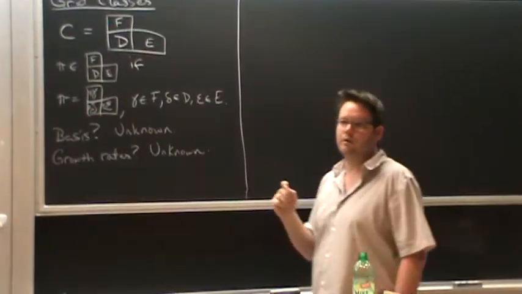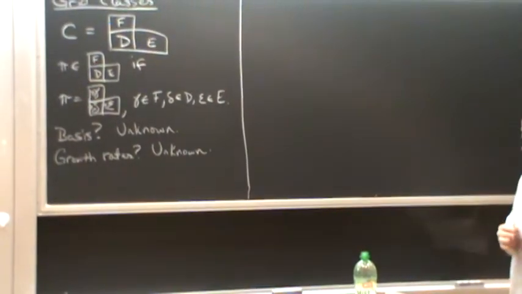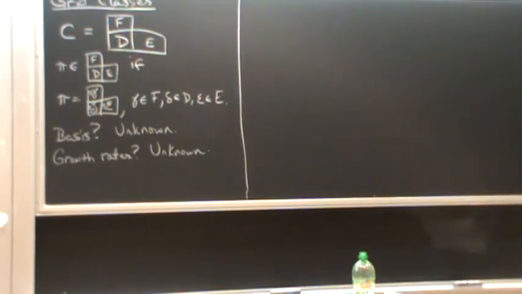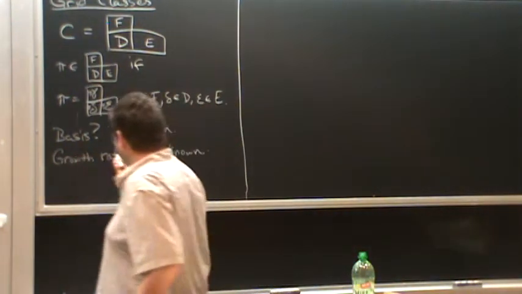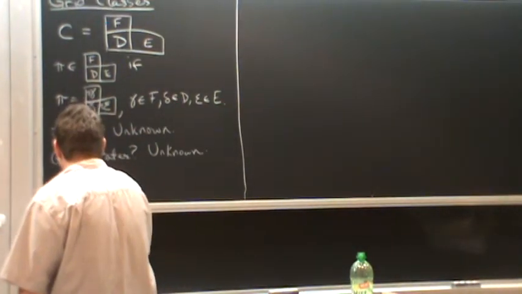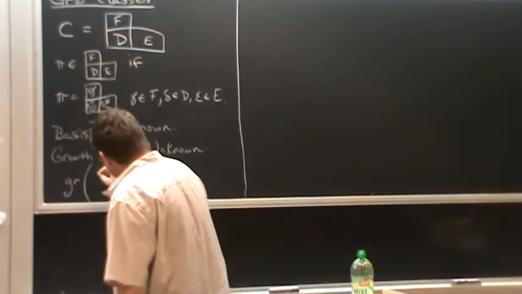That's also unknown. Okay, so we're just taking this tiny step of allowing things to be in a grid instead of in a row, and we've lost all of our theorems. And to give you a hint of why this growth rate thing might be sort of difficult, if I did the growth rate of,